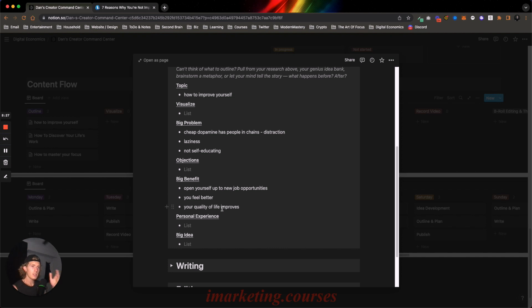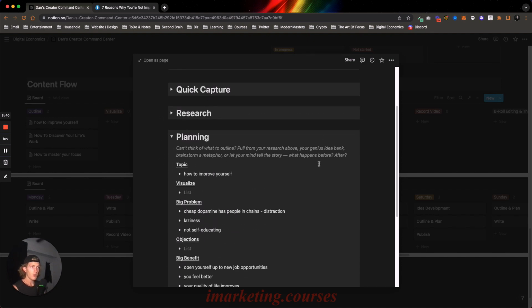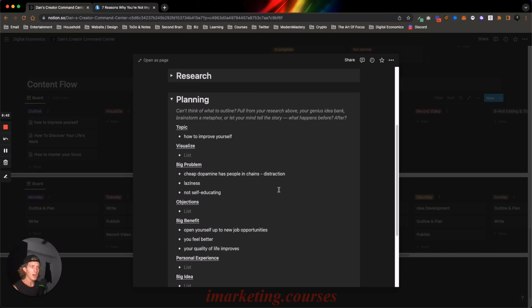And the thing with this is I'm sitting here and I'm struggling to come up with this question. But if I were to go out on a walk and start consuming information and be reminded of a personal experience, then I come up here and note it in the quick capture, right? Because when I'm hyper focused on this and I'm not in idea generation mode, I'm not in a state where those ideas are going to come to me, like on a walk or in the shower or somewhere else, then it's much harder to come up with. It's not worth sitting here and struggling to fill this out when no ideas are coming to your head, right?